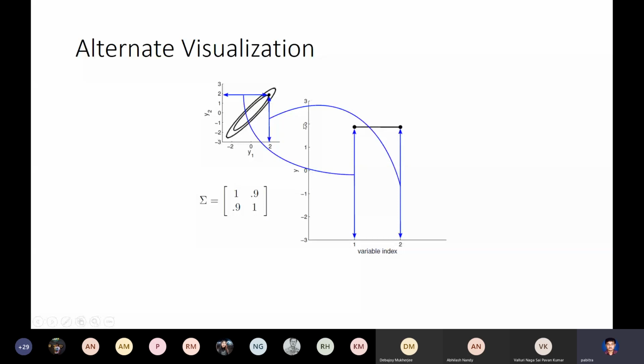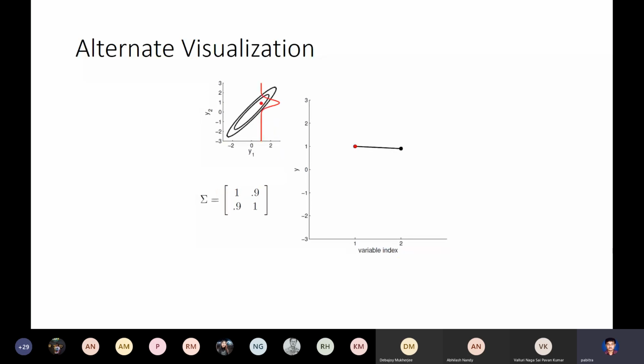So as I draw different samples and they move along in this space, this line segment with points at the two ends keeps on moving around. That's what I plotted. They keep on moving around as we change the sample. Now what I do is fix the y1 component to a particular value, let's say 1. And now I see all the samples in which y1 equals 1 and y2 may vary, how do they change?